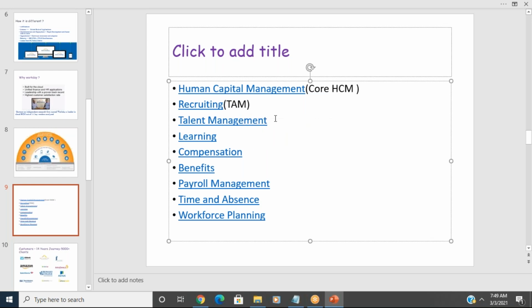Talent and performance management is for performance. Learning is for training. Benefits and compensation is to create the employee compensation structure. As of now, payroll supports only 4 countries: US, UK, Canada, and France. In future, Workday may release global payroll, and once launched, any country's customer can use it. As of now, it's restricted to only 4 countries.